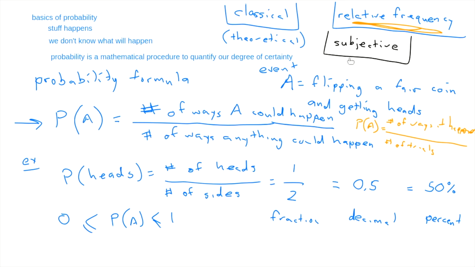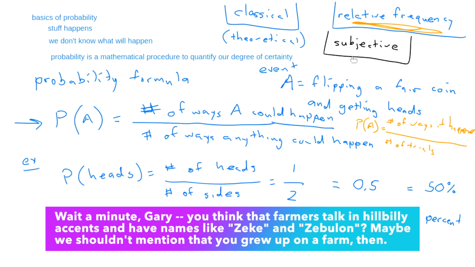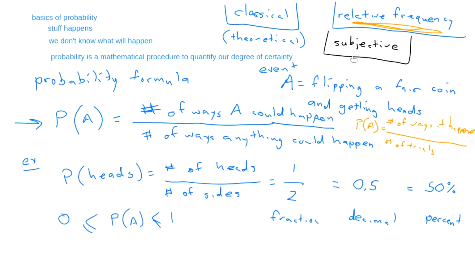replace my story with whatever fits. But I'm looking at the sky, Zebulon. And Zebulon says, well, what are you deciding, Zeke? And I say, because I've been around farms, I've been around clouds, I've been in Vermont for a while, I'm thinking it's likely to rain. And Zebulon says, well, are you sure, Zeke? And I say, well, I'm like 80% sure. And okay, so there's my subjective probability.